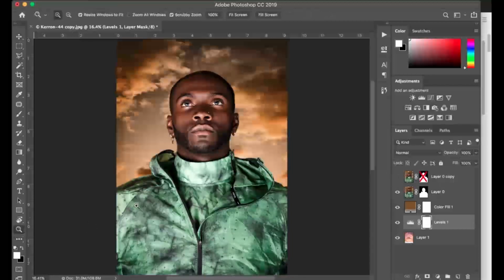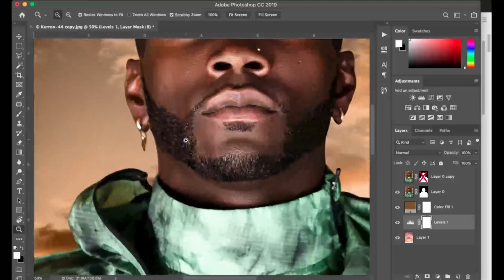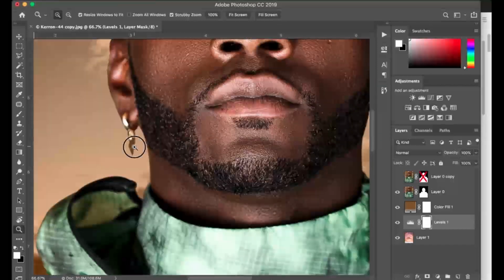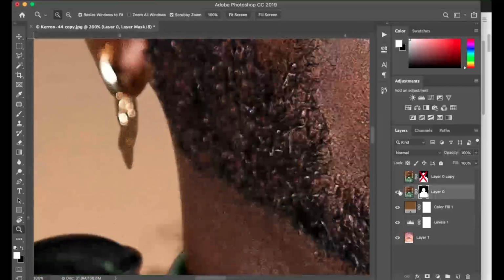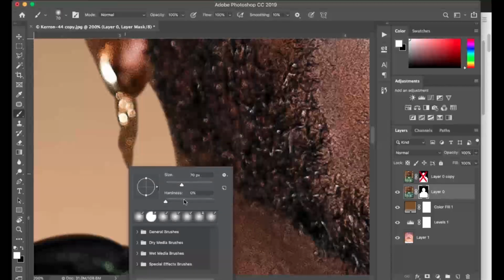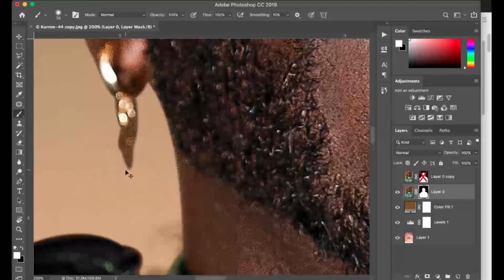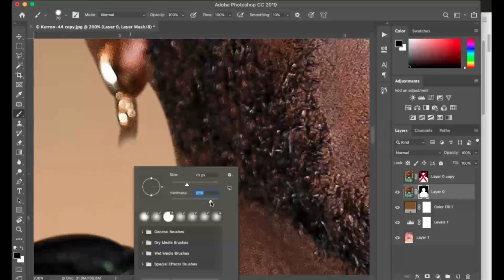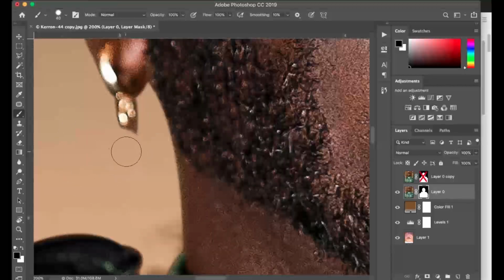So what we can do, this little part, the earring's bothering me, and great thing I have the mask. So I'm just going to go back in. I'm going to raise the harness up a little bit, and I'm just going to use the black. So black would be to erase and white would be to add. So I'm going to raise my harness up a bit, and I'm just going to